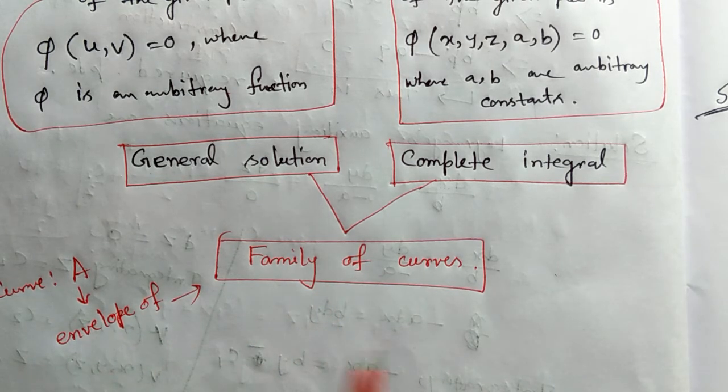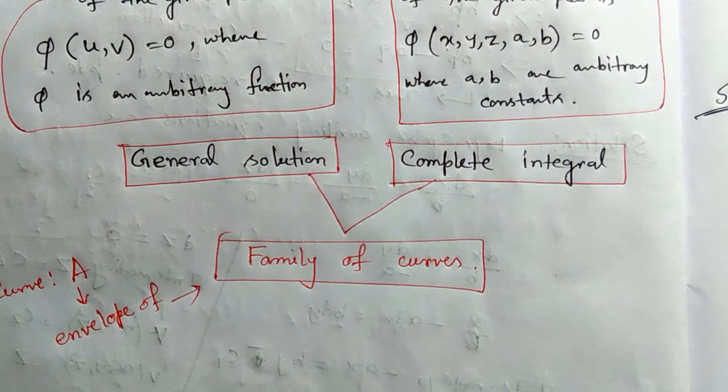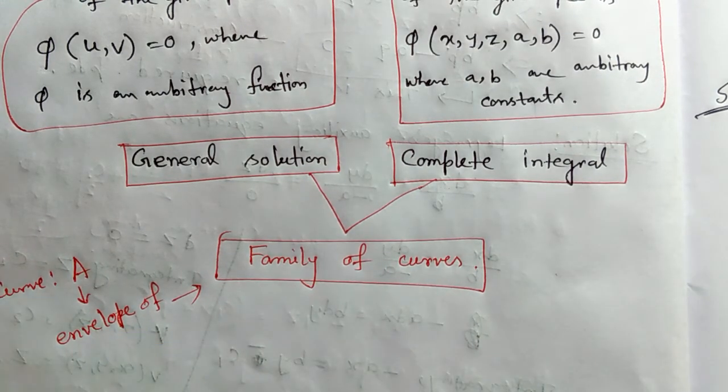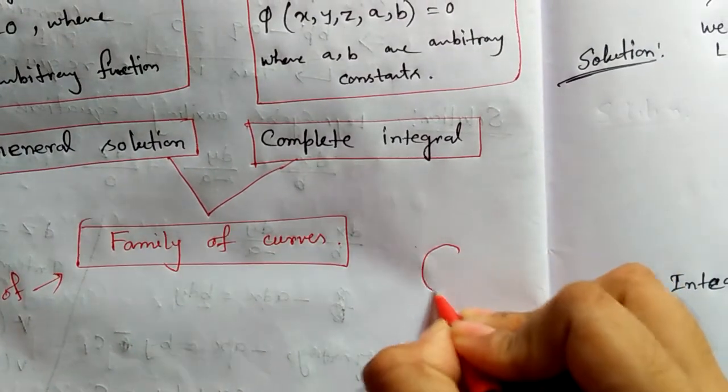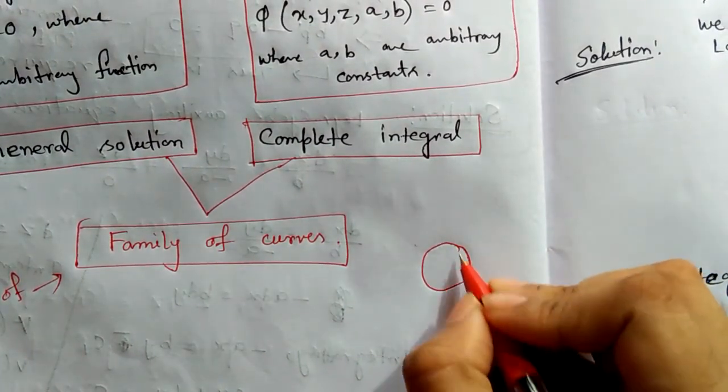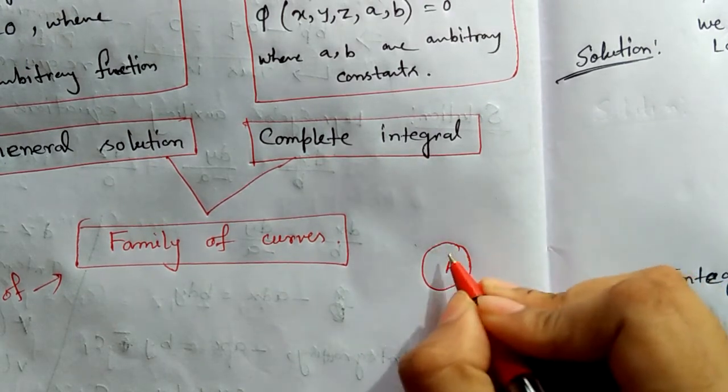Envelope, simply for a letter, when we put the letter inside the envelope, then what is the role of this envelope? An envelope basically covers the whole thing. Or the wrapper of books, this is also a type of envelope. So envelope means it touches each member of the family. For example, suppose I consider this circle A.